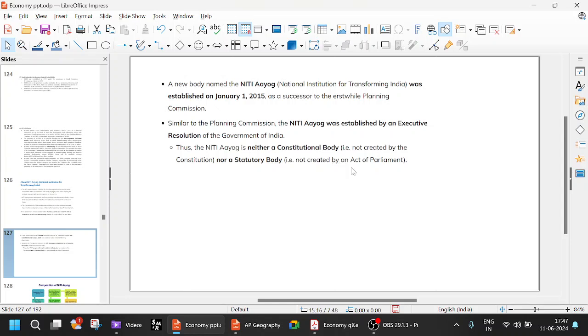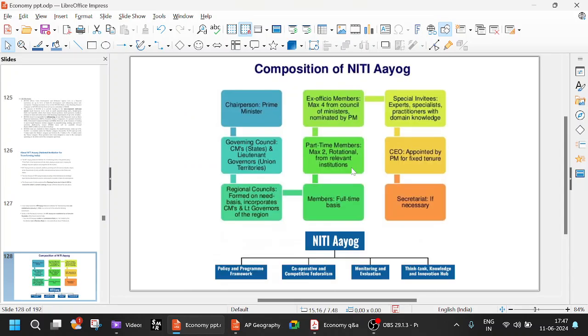Okay, at the same time, like for example, Lokpal, Lokayukta, all these things are by an act of Parliament. So they are statutory bodies, and constitutional body is Finance Commission. Okay, Public Service Commissions, and those which are created by the Constitution itself. And so both Planning Commission and also Niti Aayog are neither constitutional body nor statutory body. So if you look at the constitution of Niti Aayog,